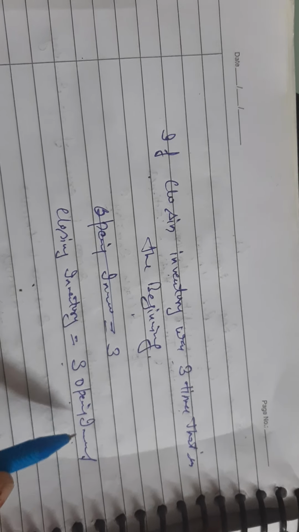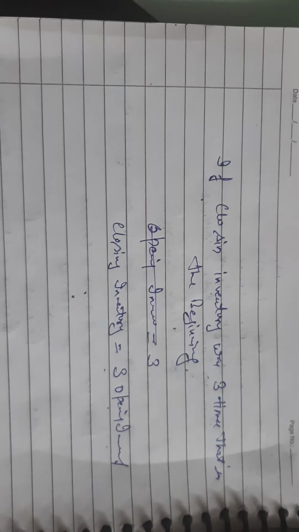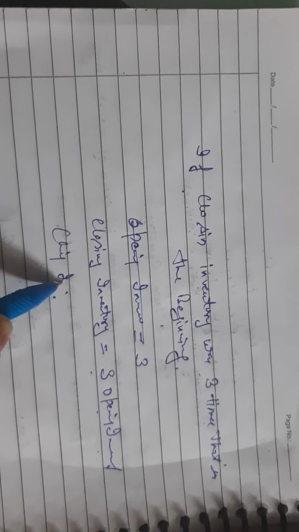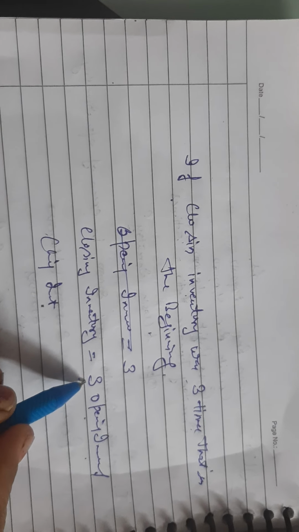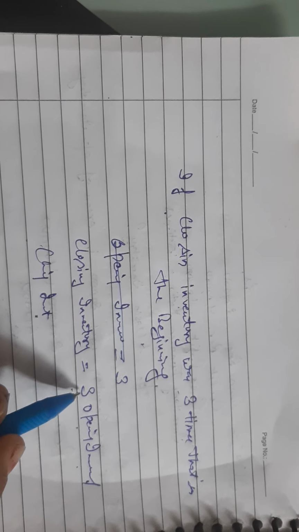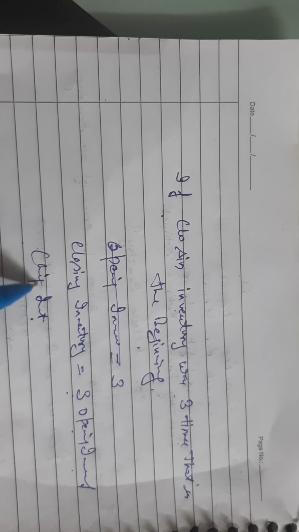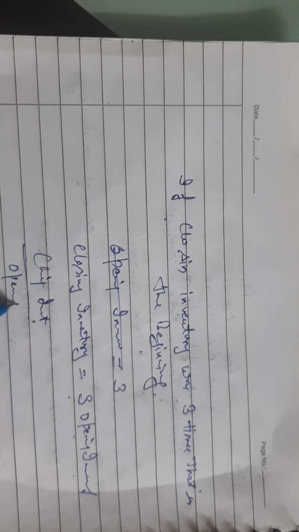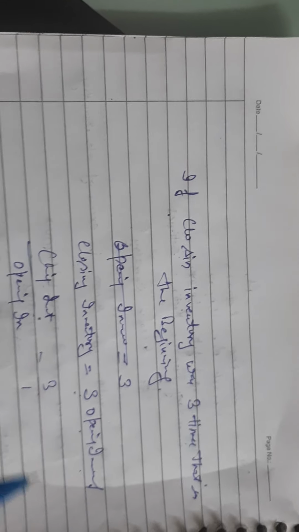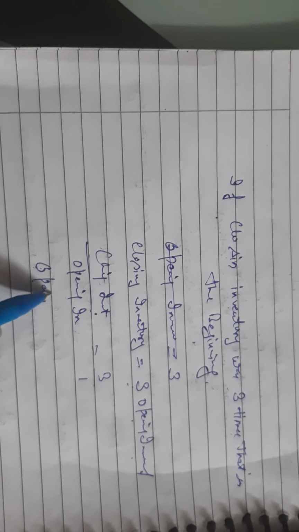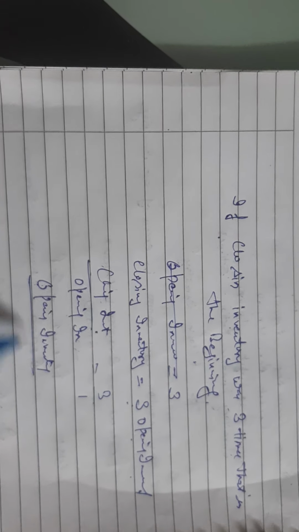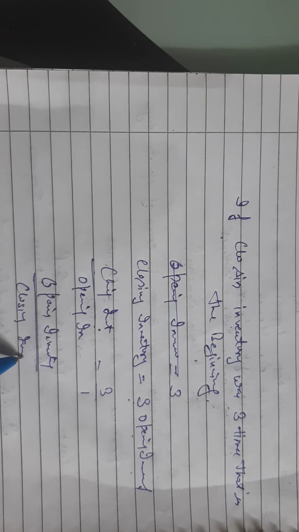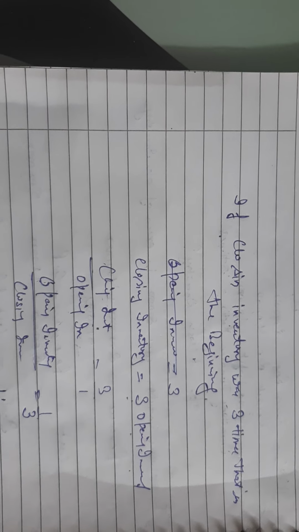ठीक है, तो आपकी closing inventory 3 times है opening inventory के. See how the ratio is to be found out by this. आपके पास यहाँ closing inventory है or this is given 3 closing inventory. And how to calculate this? We can write in this way also: closing inventory upon opening inventory is equal to 3 upon 1, or we can change it: opening inventory and closing inventory is 1/3, मतलब opening और closing inventory का जो ratio है that is 1:3.